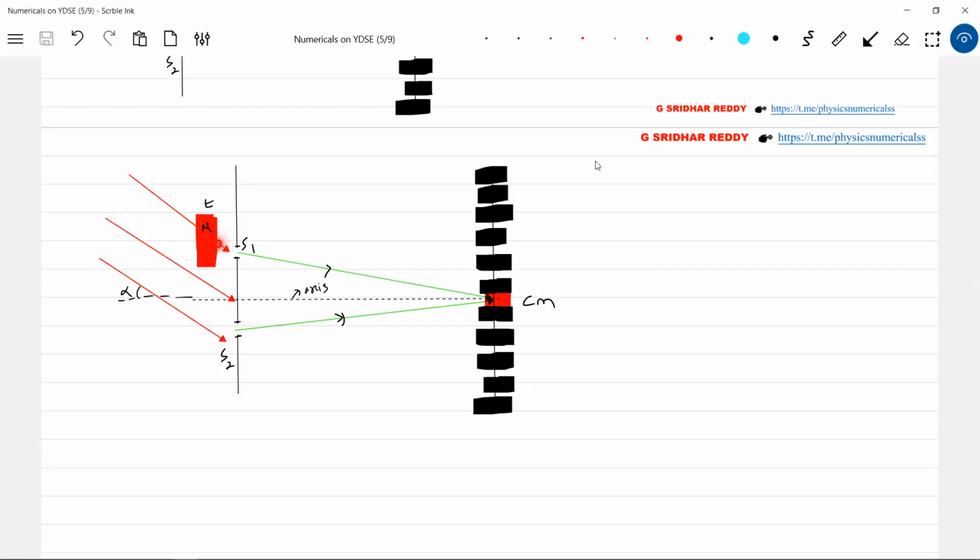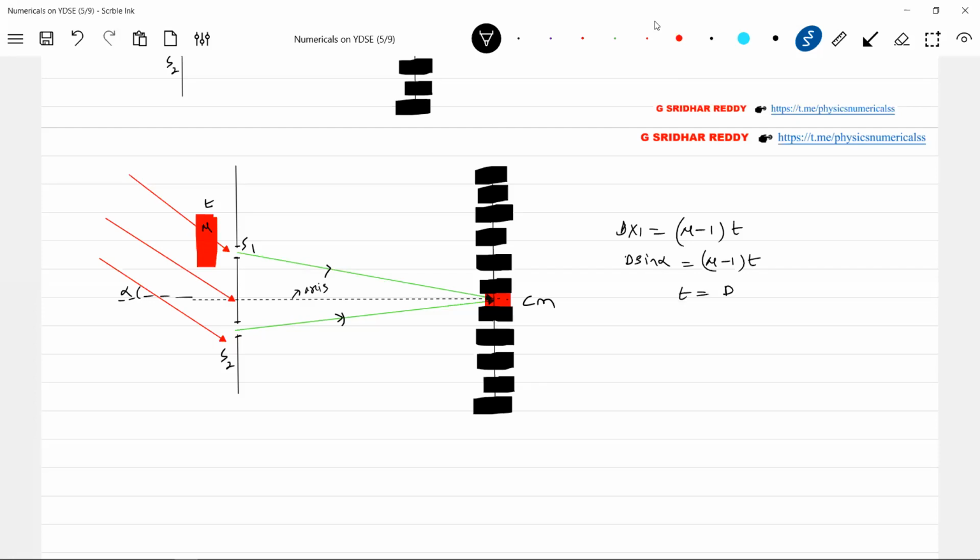So if I put a slab, the center of mass may shift up, may shift down, or may not shift. The reason is that it all depends upon the thickness of the slab. If the additional path length of ray 2 is equal to the path length offered by the slab to ray 1, then the center of mass will not shift. Since I put the center of mass at the axis, the conclusion is that delta x1 should be equal to mu1t. What is delta x1? This is equal to d sine alpha.